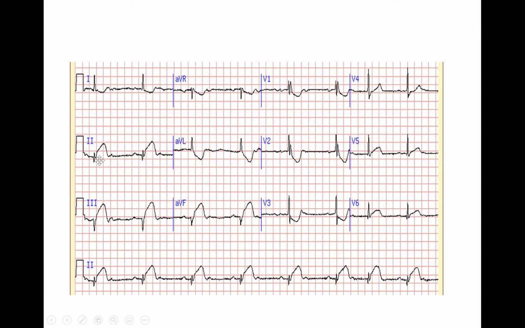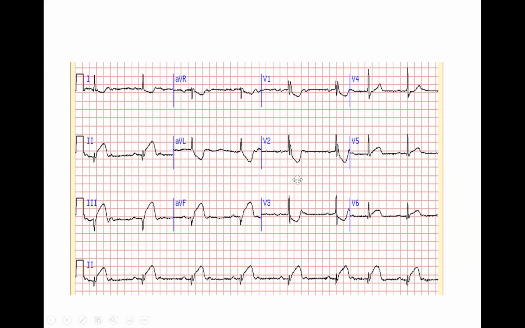So clearly we can see ST elevation in 2, 3, and AVF, with reciprocal changes. So that's an inferior MI. We said when you have an inferior MI, look for AV blocks, look for RV extension, look for other extensions. So for other extensions, where do I look? I look for a positive R/S ratio in the anterior leads, V1, V2, V3, which is there. The R is bigger than the S, the R is bigger than the S, the R is bigger than the S. There is ST depression in V1, V2, V3. So that's a mirror image. If you flip the ECG and look, there is